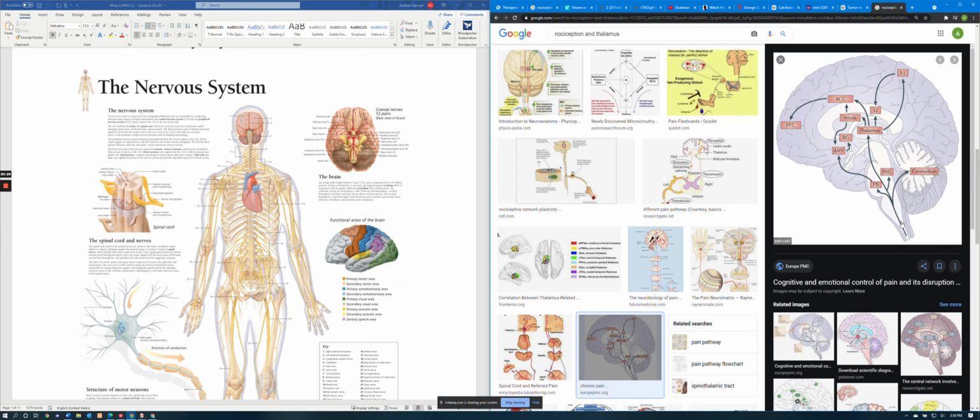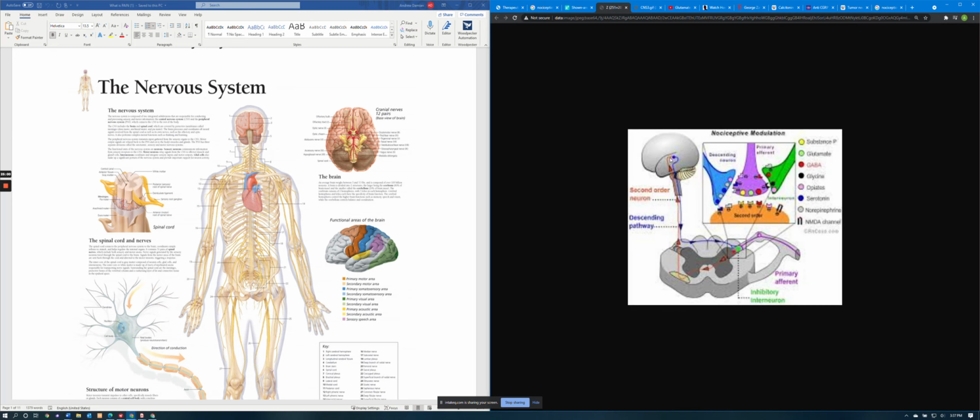So when the signal comes in from the spinal cord, which already could have been changed and modified, the thalamus then takes that signal and sends it out to the brain, and then the brain determines how dangerous this is: the memory parts and the sensory parts and locating where in the body it was, because some body parts are more important than others, and therefore if they're damaged, they're more dangerous to us than others. And the cerebellum has to do with balance and things like that. So all of this would come back to the thalamus, and the thalamus would have an idea of how dangerous this is, and then it would send a signal down, which they're also not showing, but I can kind of show you here. Here they're kind of showing the thalamus, and this blue line will then come back down,